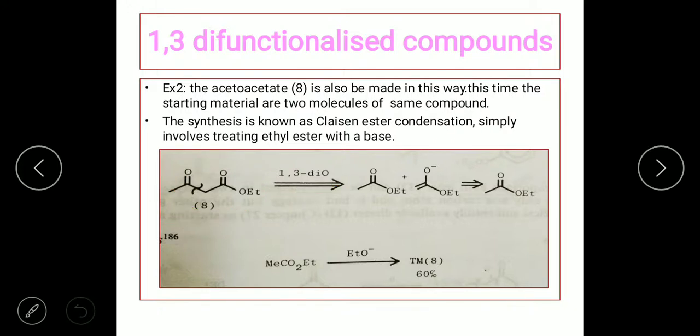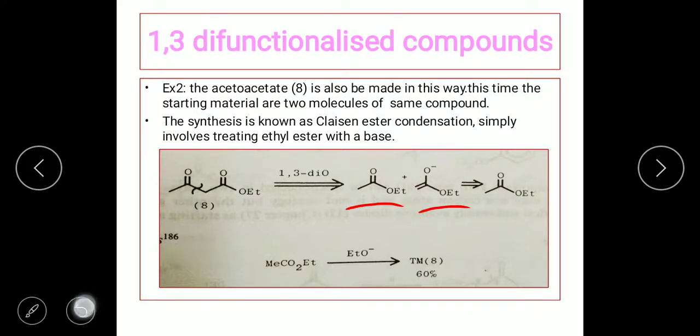Once you do the disconnection, there's going to be a cation and an anion, and the cation's synthetic equivalent would be an ester, and for the anion, you can make use of nothing but the enol. You can write this ketone in the enol form. So these two would be the synthon and synthetic equivalent. Now the synthetic equivalent for the enol form would again be the ester.